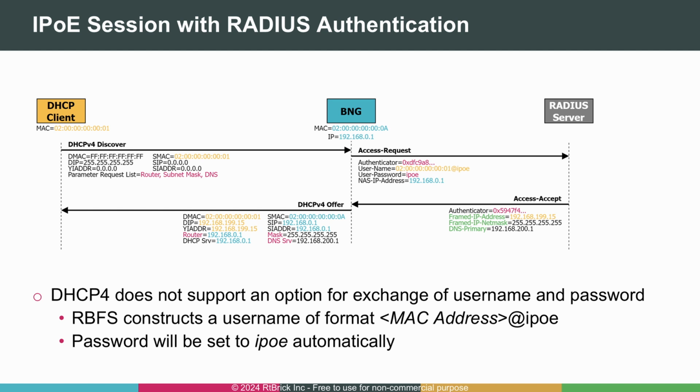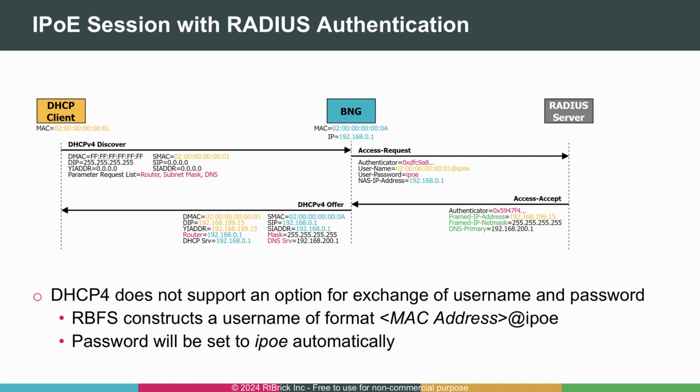In contrast to PPP, DHCP messages do not support any user credentials. However, as the DHCP message contains the source MAC address of the client, this information can be used as an identity to authenticate the subscriber. For each IPoE subscriber, a username is generated automatically using the client's MAC address followed by @IPoE. The password is simply IPoE. Furthermore, other DHCP information such as the circuit ID or remote circuit ID encoded in DHCP option 82 may be